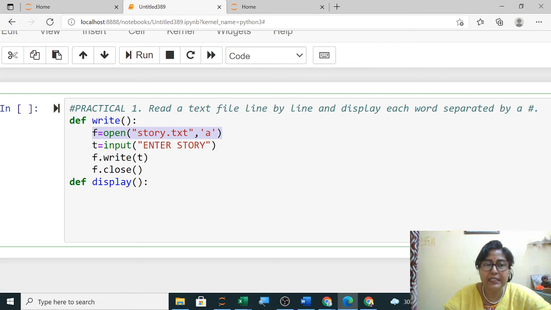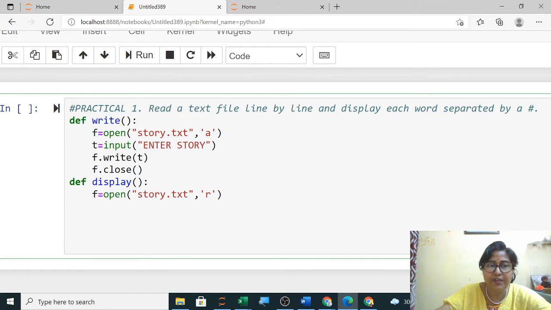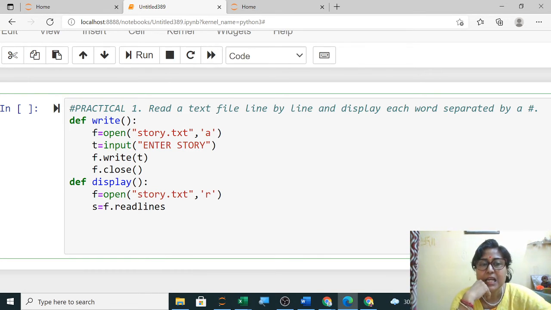Same, you will open the file in read mode. So here it will be read mode, and then you have to read from the file. So it is f.read, and you have to store it in a variable. Normally we use the read function to read from a file, but in the question it is written line by line. So what I am doing is using readlines, or you can use readline here, but then you have to use a loop. So okay, readlines dot split.